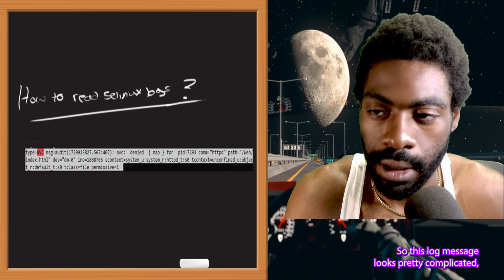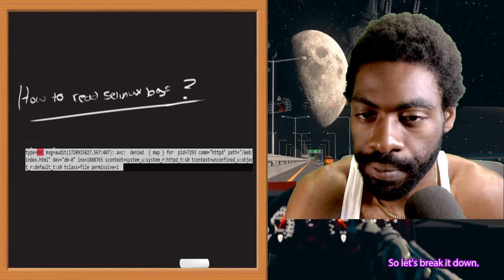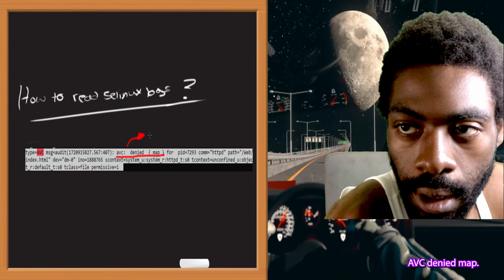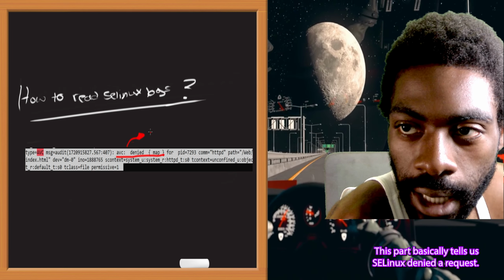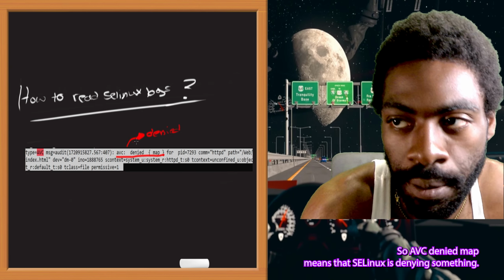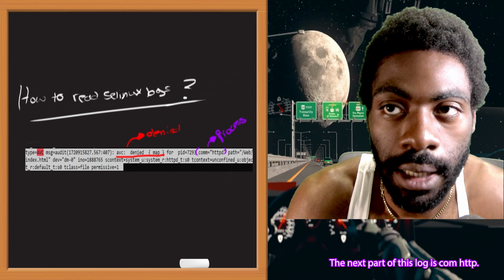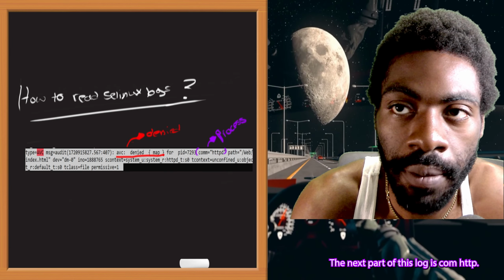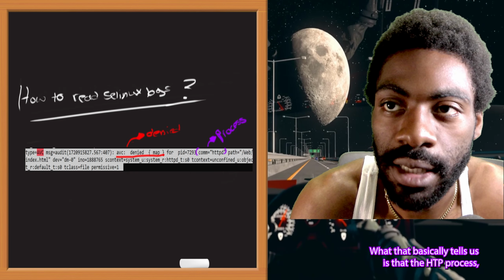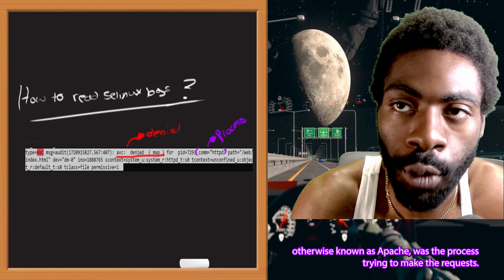So this log message looks pretty complicated, but it's rather simple once you know what to look for. So let's break it down. Let's look at the first part of this message right here. avc: denied map. This part basically tells us SELinux denied a request. So avc: denied map means that SELinux is denying something. The next part of this log is comm=httpd. What that basically tells us is that the httpd process, otherwise known as Apache, was the process trying to make